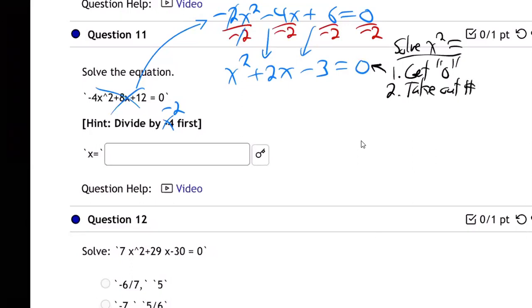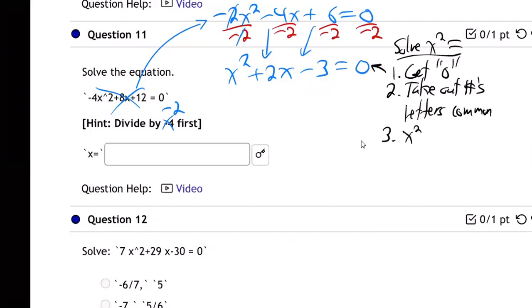take out numbers and letters that are common. We don't have any of those, right? These three have nothing, and there's no number they all share, there's no letter they all share. So forget about that. Step 3,